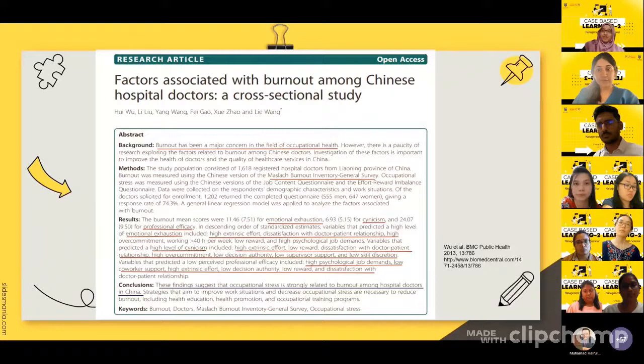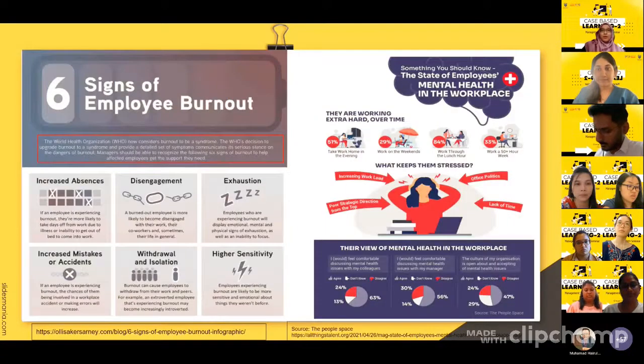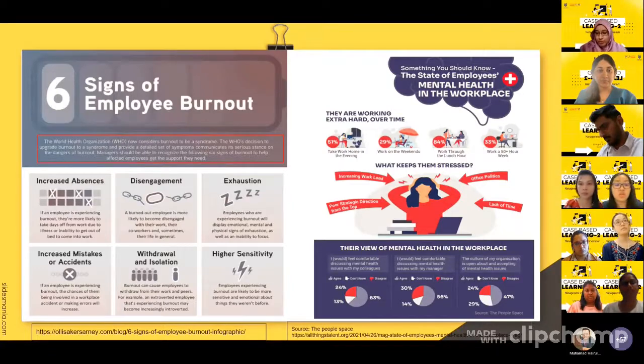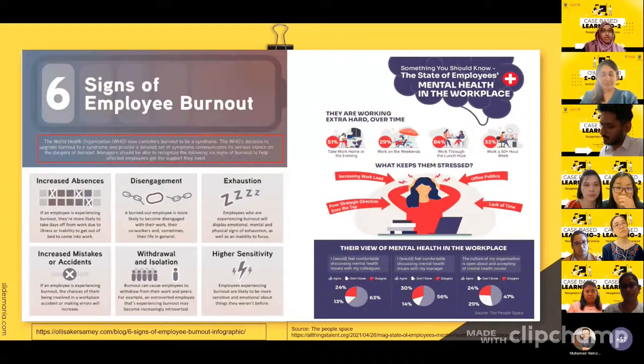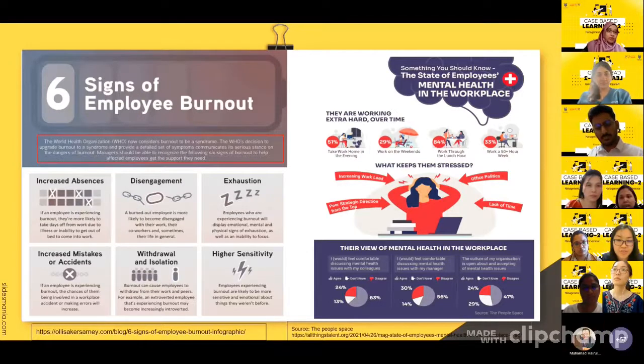Thank you, Kamini, for the excellent presentation and for enlightening us from the literature review. I will continue with the signs of employee burnout. We just want to highlight here that employee burnout is real and it is not a personal problem, but it is interlinked with a workplace problem. WHO has now considered burnout to be a syndrome, whereby if you are a healthcare manager, you have to notice that there are six signs of burnout in your personnel: an increase in absences, disengagement, exhaustion, increased mistakes or accidents, withdrawal and isolation, and